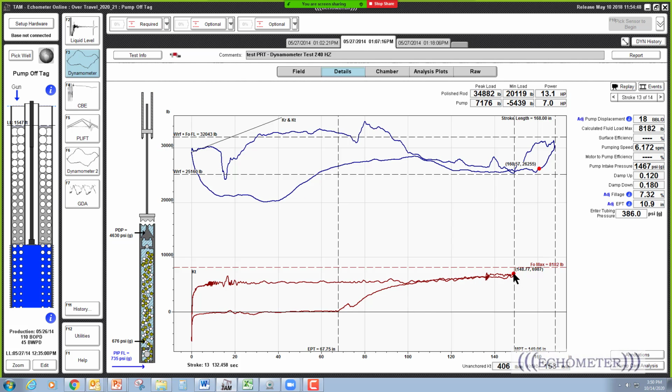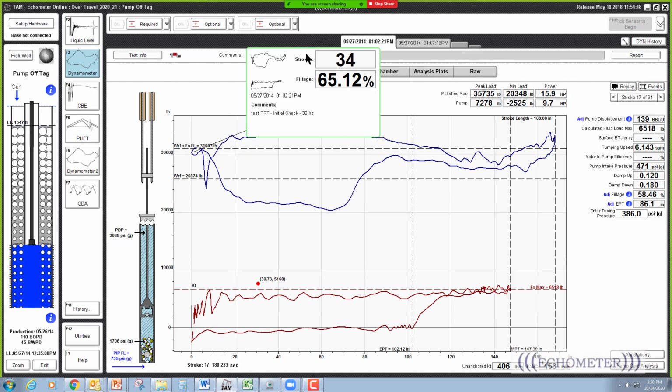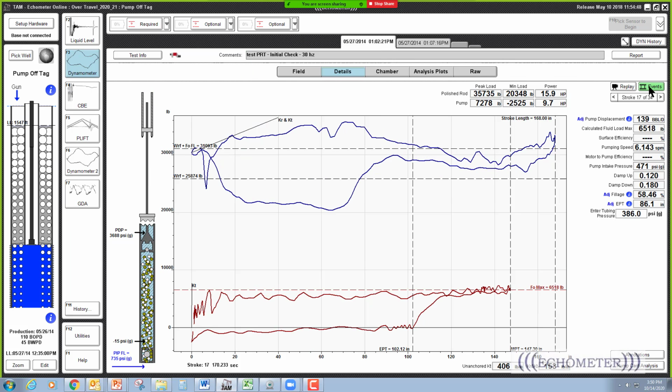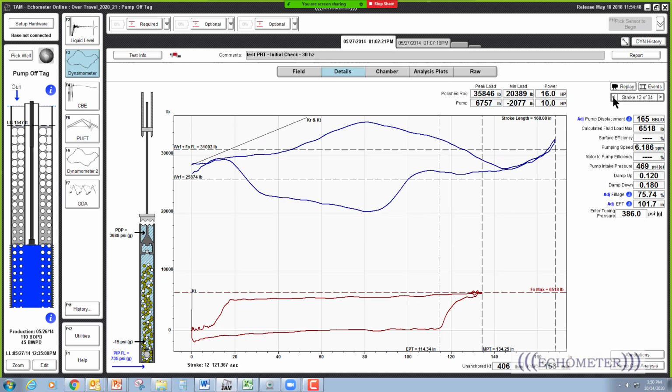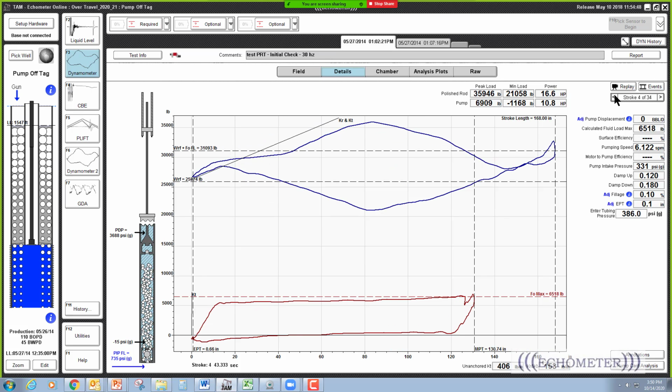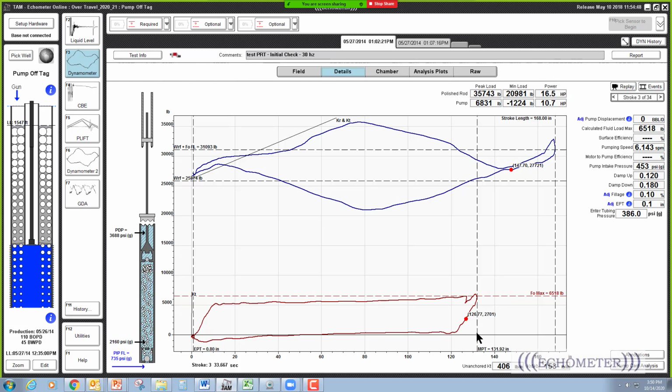Now, this was an interesting well because when it pumped full, it would not tag. And if you look at this stroke right here, when it's full, let's go back to when it's full. Again, you can't really see the real tag because you're sampling too slow. But if we go to the right here and look at a full stroke, right here, full stroke, this overall